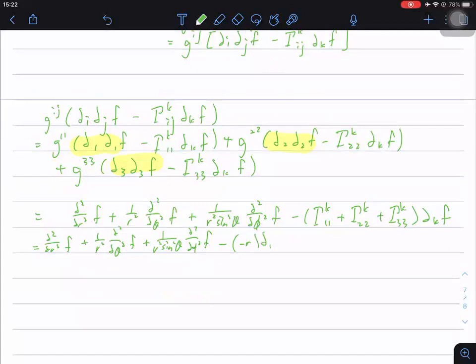k, wait, for this one k is 2, and minus r sine theta, okay, sorry, k is 1 here, k 2, 2. I think you missed the metric part. You're right. 1, 1, 2, 2, 3, 3. Okay, thanks. Okay, which means that I have to write it